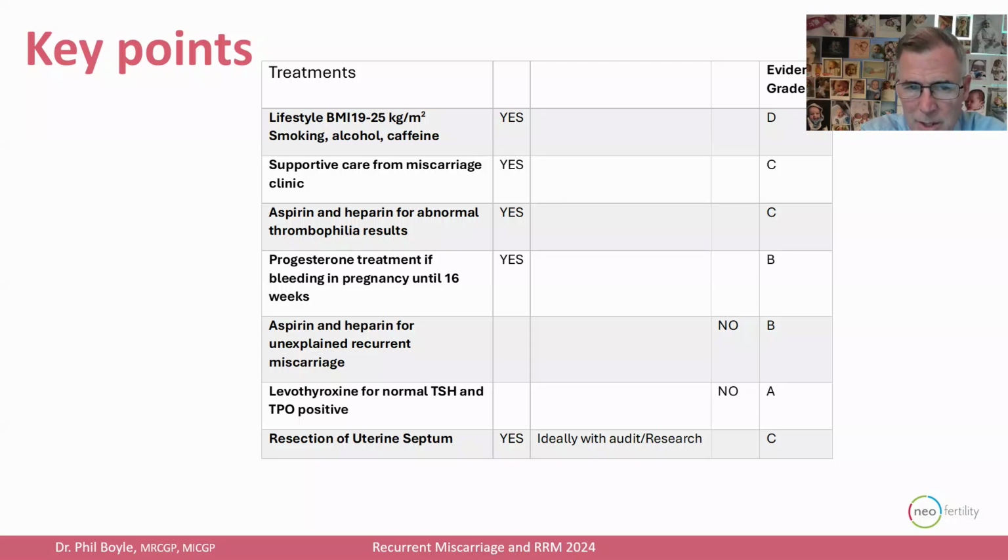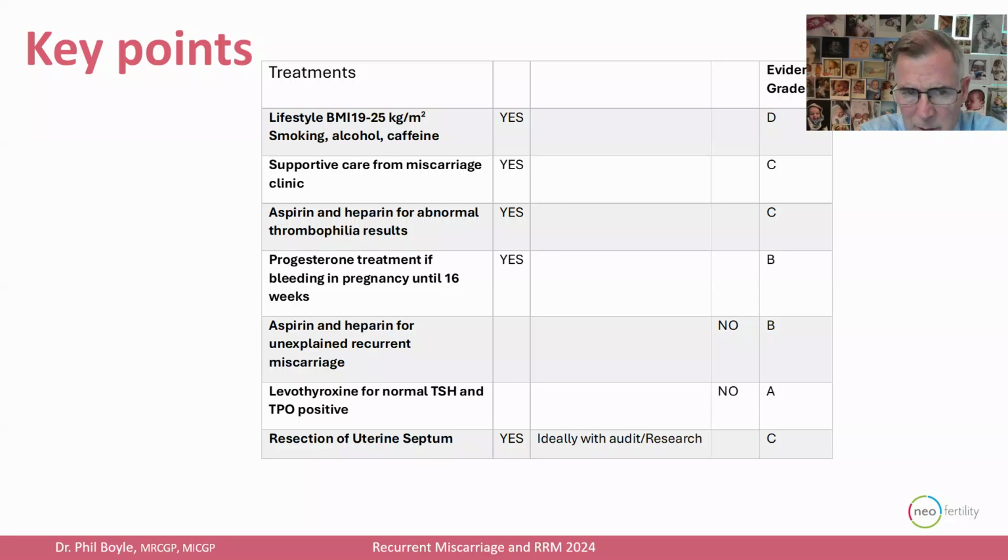And it's beautiful to see that the level of evidence in favor of giving progesterone support during pregnancy is stronger than the level of evidence for aspirin and heparin. And they say that's until 16 weeks of pregnancy, if you're bleeding in pregnancy. So it's a very specific group, it's not across the board giving it to everybody, but it's definitely been shown to help. If you're bleeding and you're prior to 16 weeks, progesterone is going to make a significant difference.